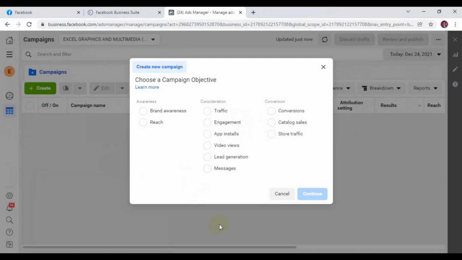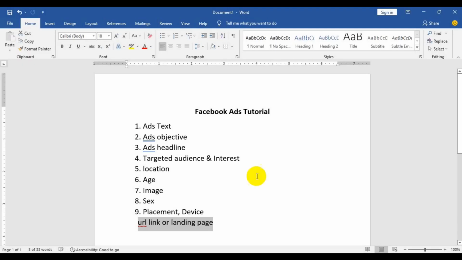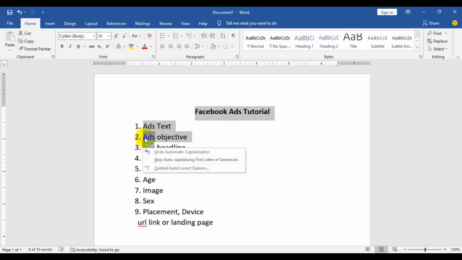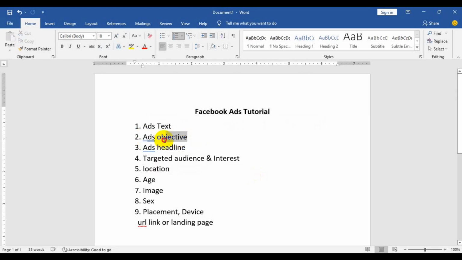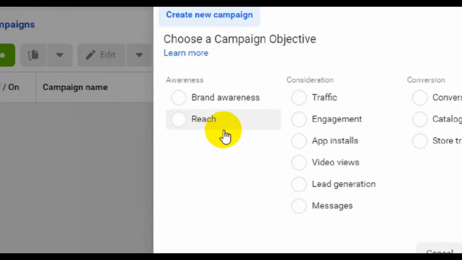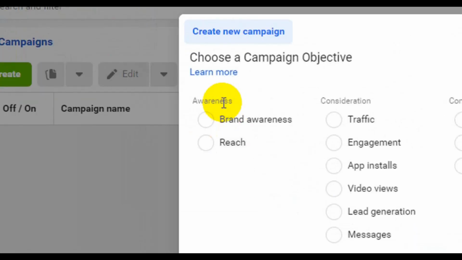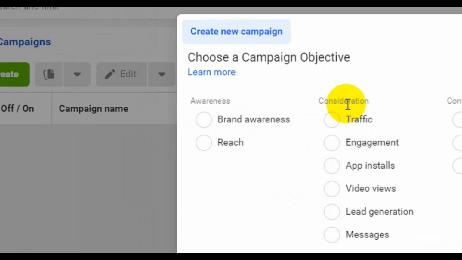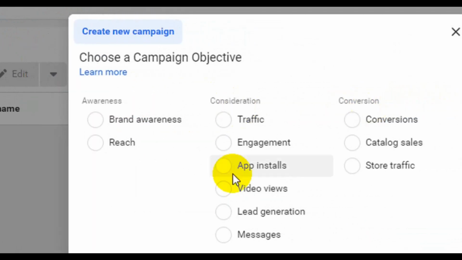All right, so at this point here, this is where we need to choose a campaign objective. If you are following this class from the beginning, I explained some things here. Ad objective, you can see it here. So this is where I'm going to explain what I mean by ad objective. Okay, so let's go back to the practical. Now for the ad objective, there are different objectives here. The awareness is the first thing here, then consideration, conversion. So I'm going to explain all these things one after the other,